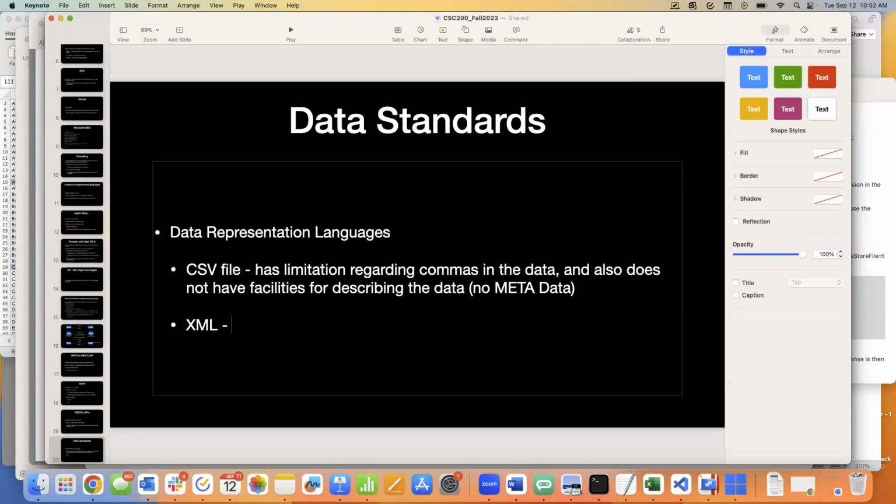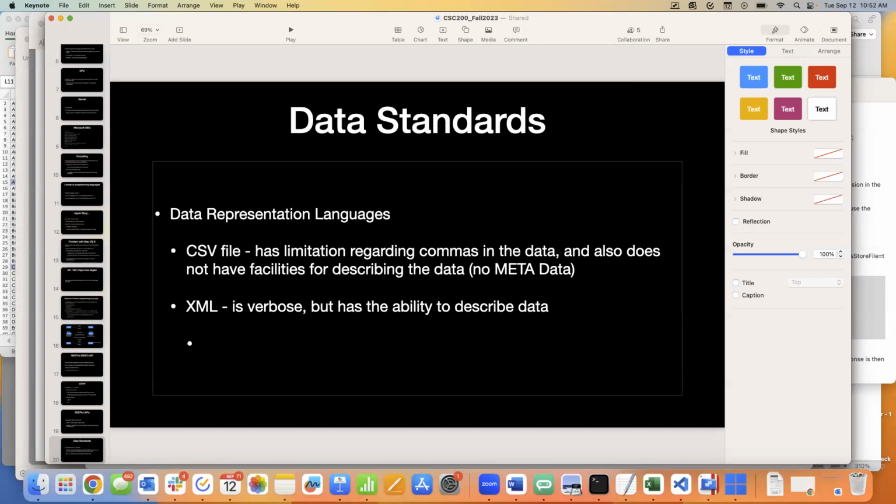XML is verbose, but has the ability to describe data. So for example, I might have a player. So this is some example of XML stuff.